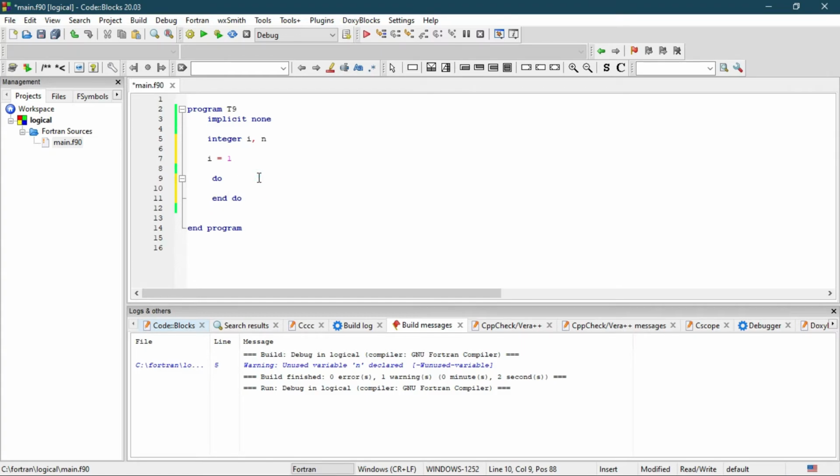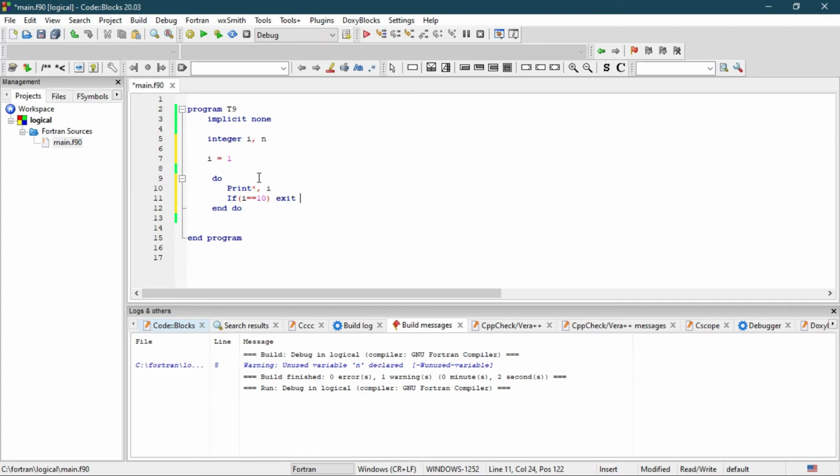Now in this case we are going to print I. Now we are going to impose a condition using an if statement. So write if I is equal to 10, then just exit.